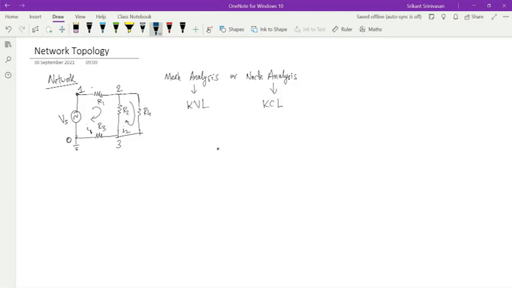I'll take one. Let's just do it underneath. 1, 2, 0, 3. So I have the nodes number 0, 1, 2, and 3. And what are the branches? I have a branch connecting 0 and 1. I have a branch connecting 1 and 2. I have a branch connecting 0 and 3, 2 and 3, and then another branch connecting 2 and 3.